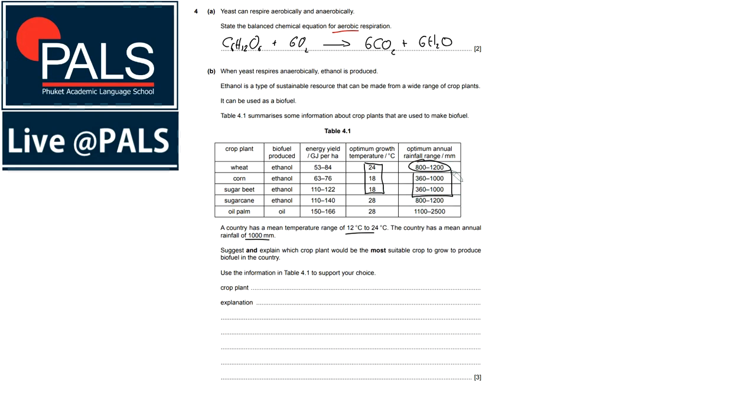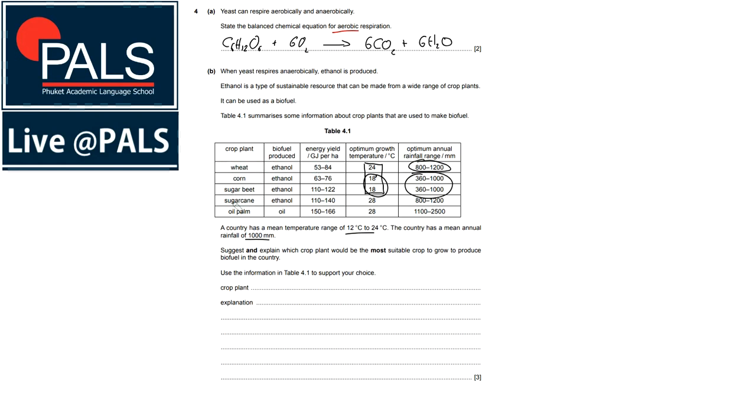These two here are 360 to 1000, so the average is quite probably below 1000 in these regions here. Although temperature wise 12 to 24. So in terms of rainfall, this is best. In terms of temperature, these two are best. So that means we can probably pick one. So it's either wheat